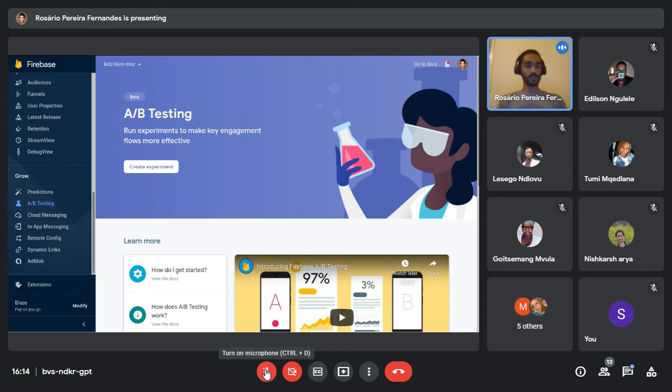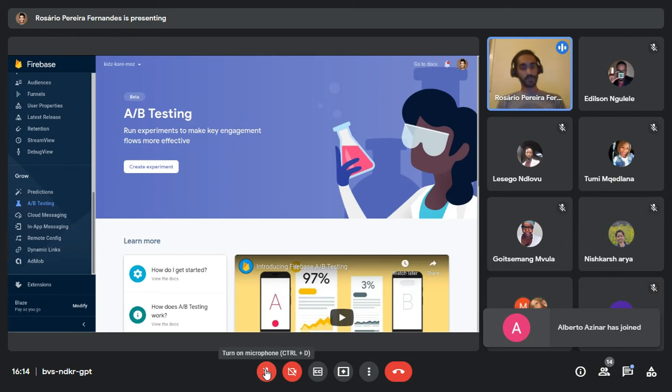And it's a feature that Firebase provides, but I think there are many other software that can also help you with A/B testing. Again, this is not new. This is not the point of this presentation, but I'm getting there. So in the meantime, I'll explain to you a bit of A/B testing.